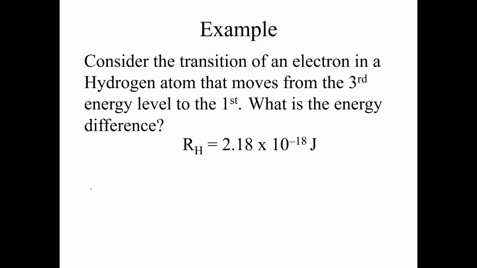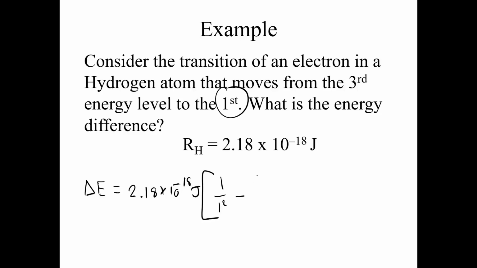So the change in energy is going to be equal to that constant, 2.18 times 10 to the minus 18 joules, times 1 over 1 squared, right? That's the final level, minus 1 over 3 squared. That's the initial level. So this ratio boils down to 1 minus 1/9, which is equal to